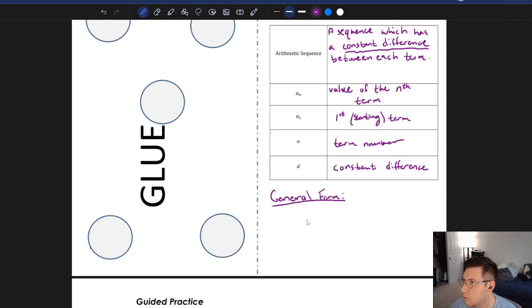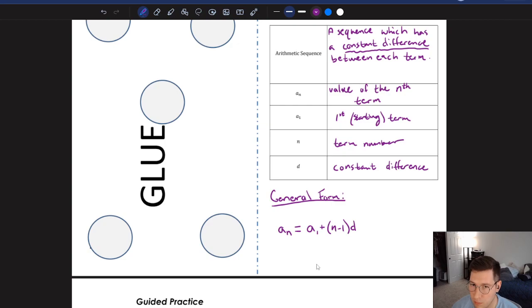And that general form is a sub n is equal to a sub 1 plus, in parentheses, n minus 1 times d. And so it's this value of the nth term that we're going to be looking for. And that's going to be equal to our starting term plus the common difference times whatever term we're looking for